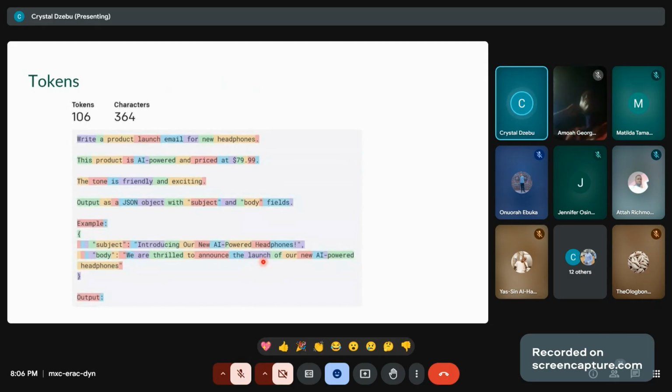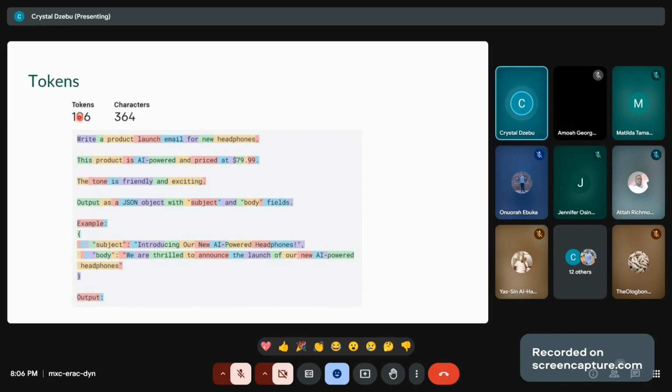Now, let's come to the architecture of a prompt. One, you have to know what a token is. Usually, computer scientists have another name for it. We call them terms. But for marketing purposes, we call it token here. What is a token?